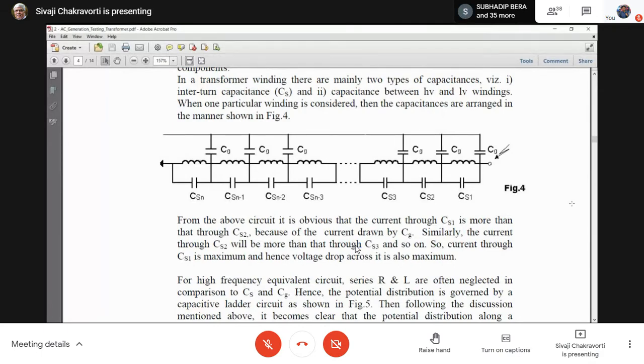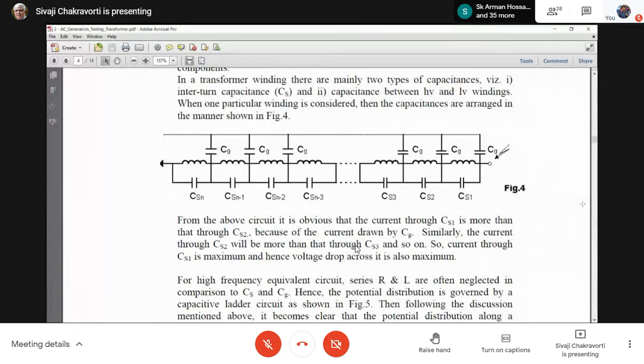So you have two components in parallel. One is 10 to the power minus 1 ohm, that is the reactance of the inductor. The reactance of the CS becomes 10 to the power plus 5 ohm. So all the current will flow through the inductor. No current will flow through the capacitor. So you can clearly understand that. And the same logic is valid for CG, that its reactance will be of the order of 10 to the power 5.